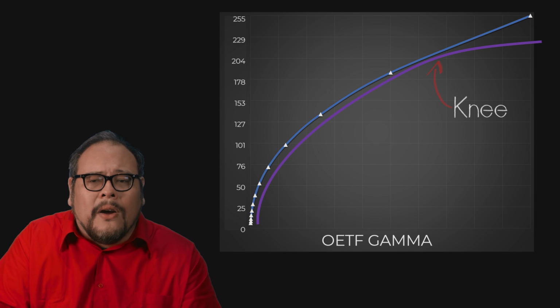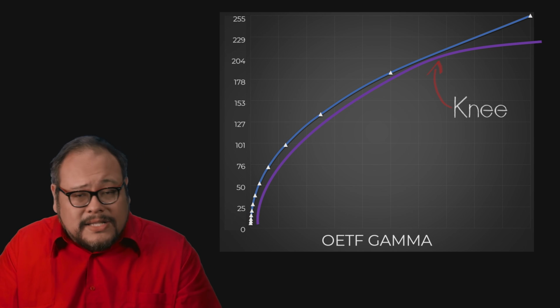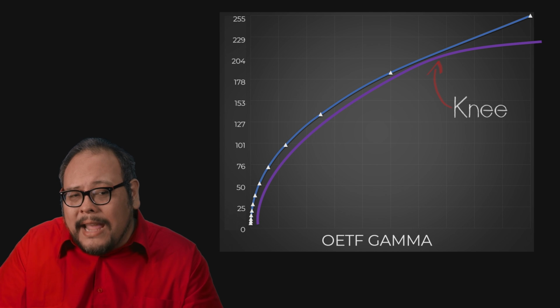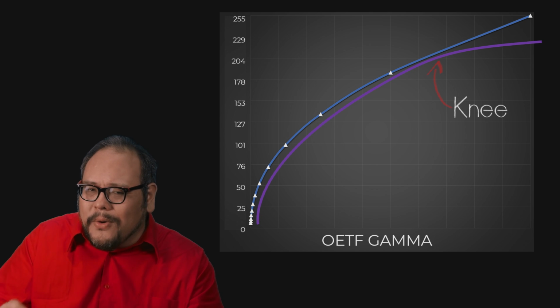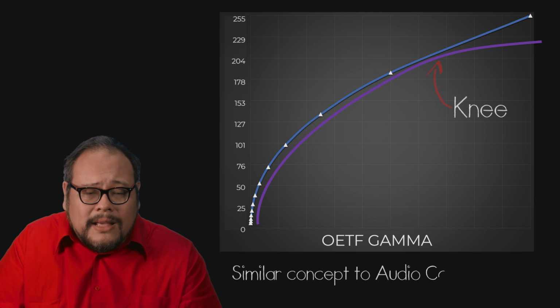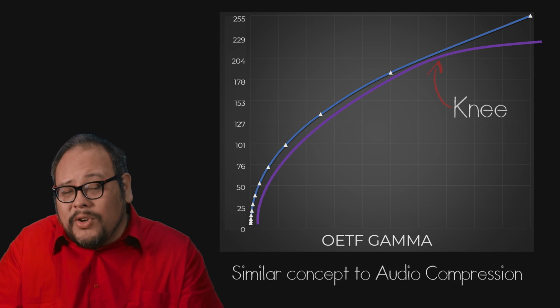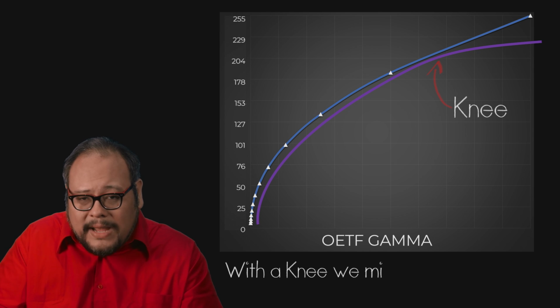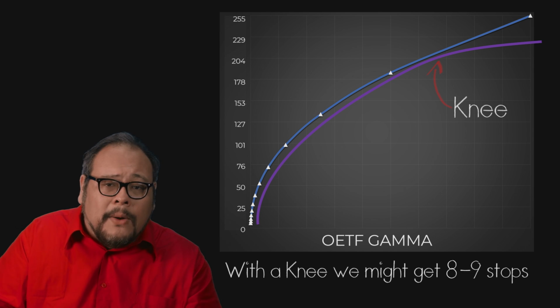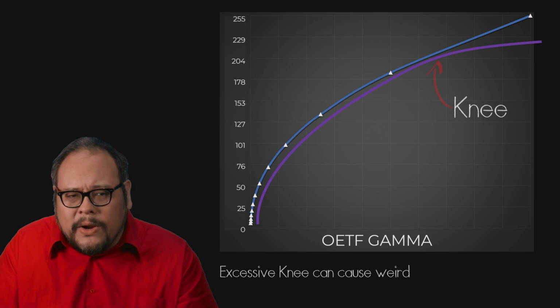As we just said, our eyes are less sensitive to those extremely bright parts anyways. So why not compress some of that data so we can capture a bigger range? If you're familiar with audio compression, it's sort of the same idea. The knee pushes down the response on the high end, giving us about 2 to 3 more stops for a total of 8 to 9 stops. Now we have to be careful with using a knee in video because it can create some weird color shifts in